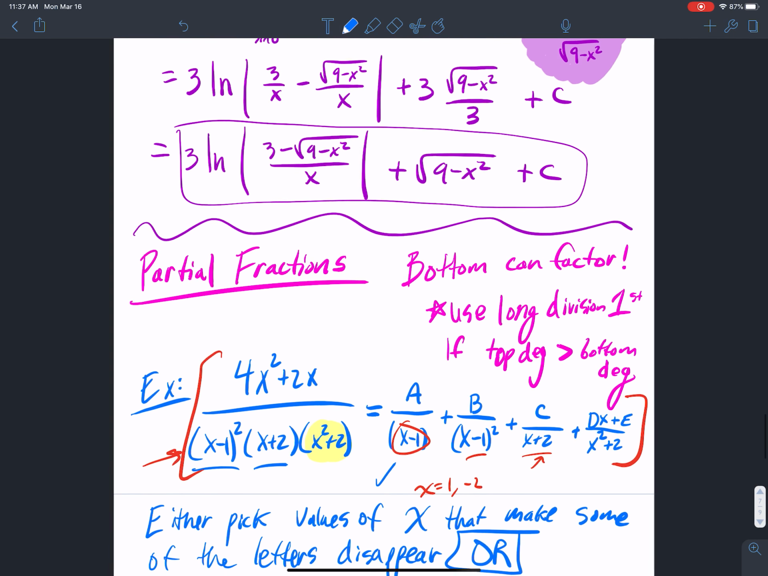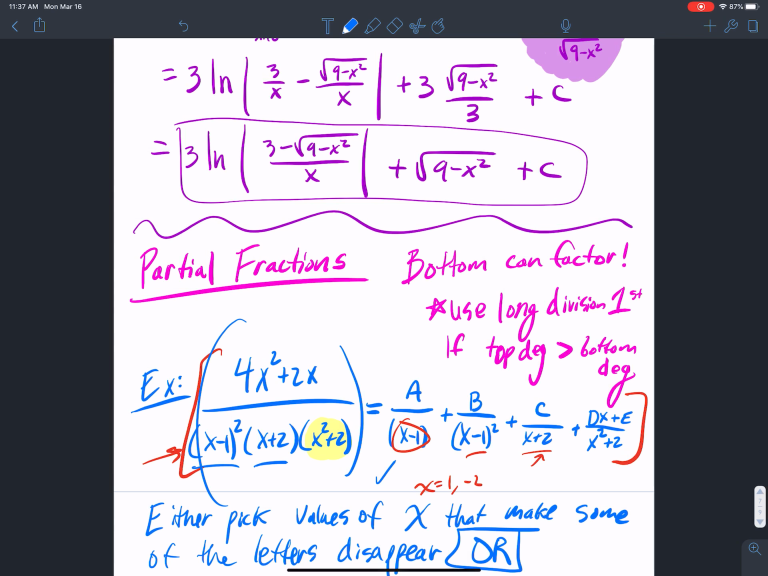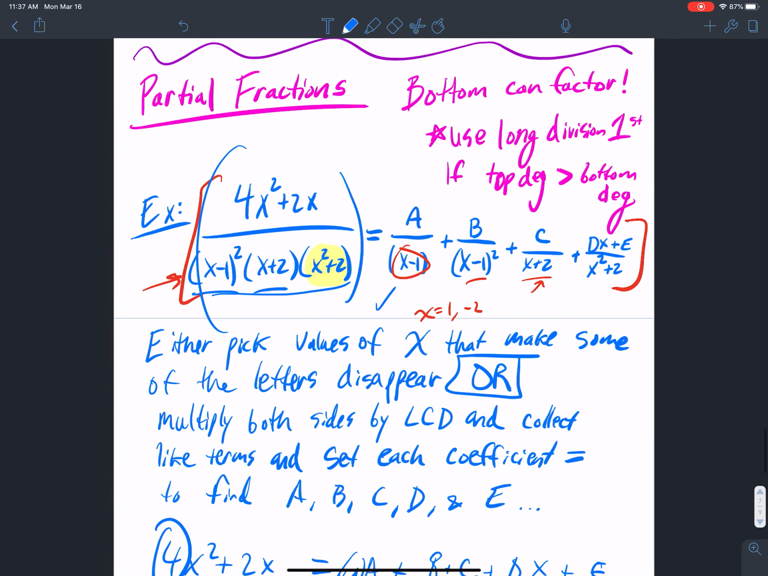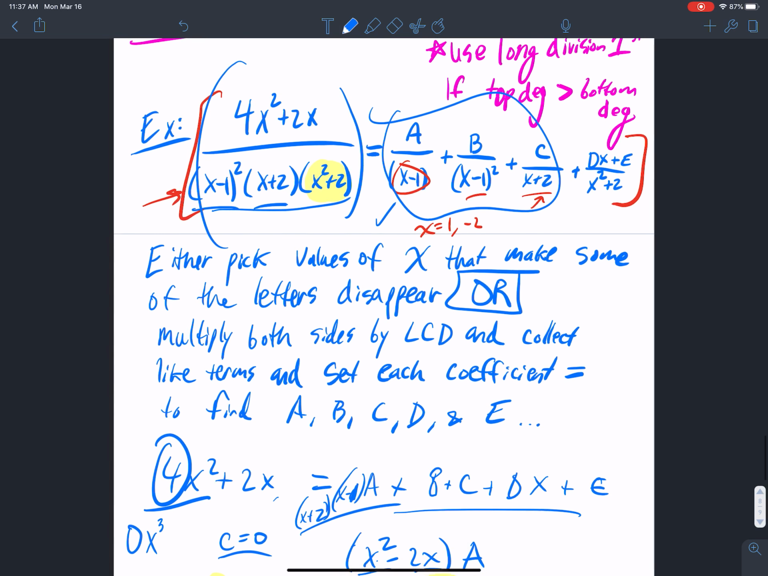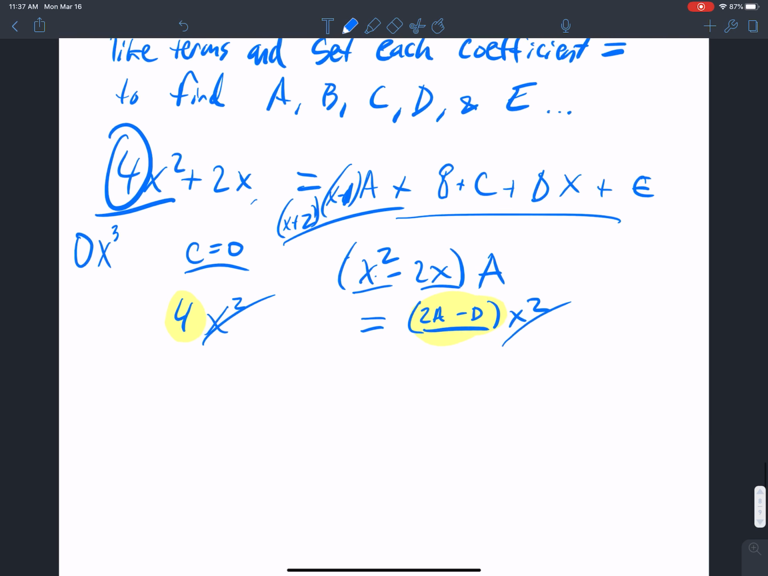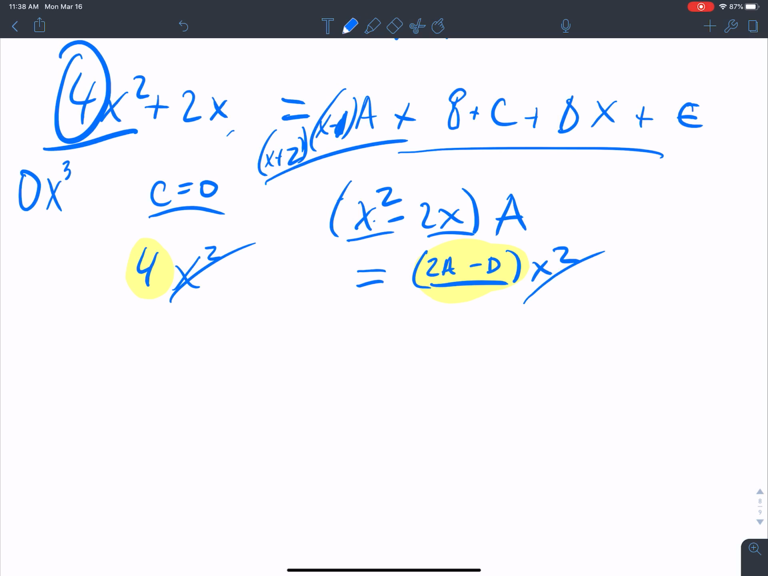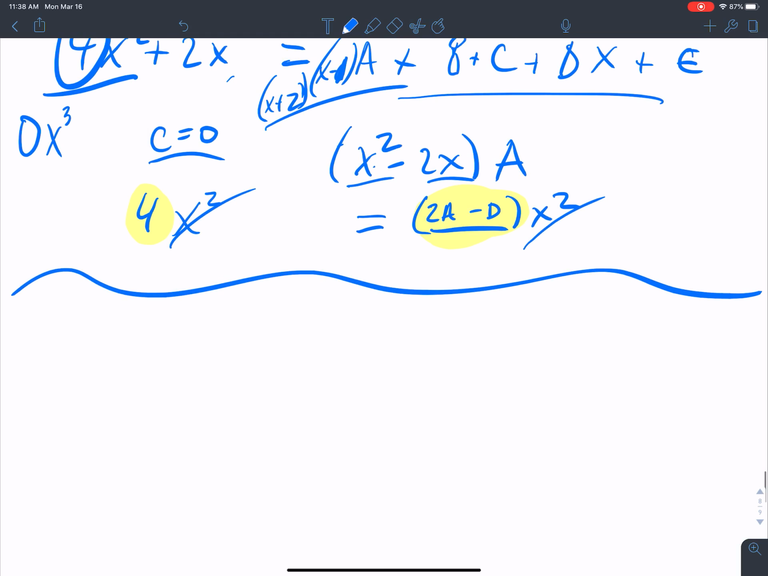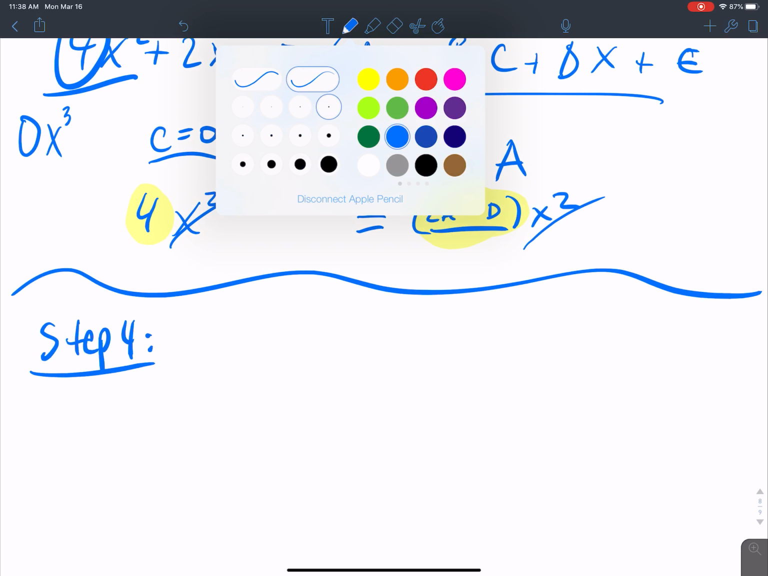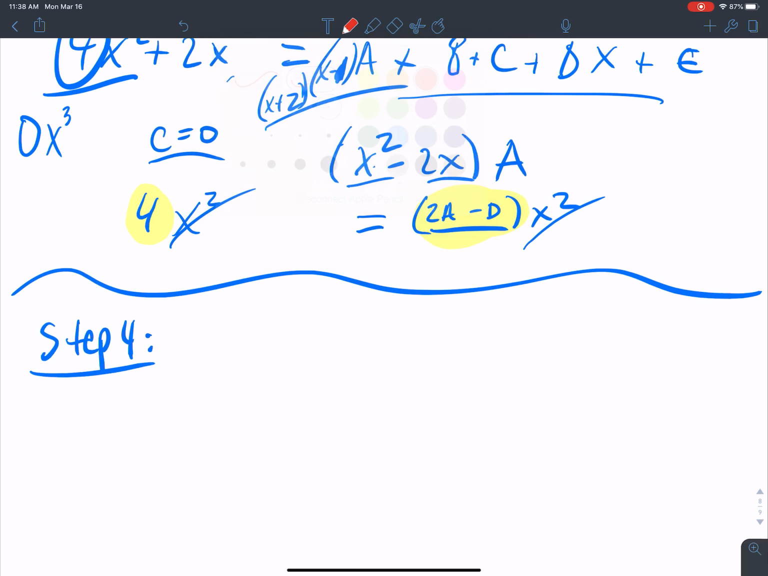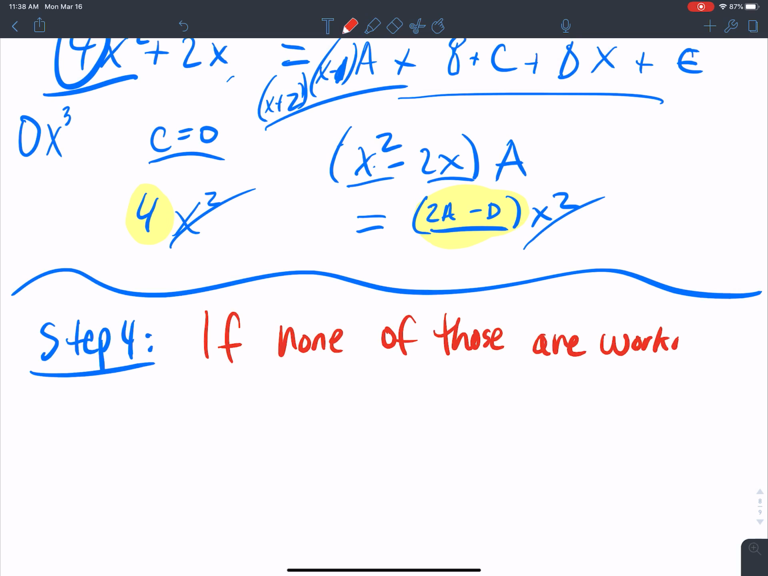But if I see fractions where the denominator can factor and I get linear terms, then I should think partial fractions and how can I split it up to make it work out nicely. Now, if that fails, so step 4, when all else fails, go home, right? If none of those are working in step 3,